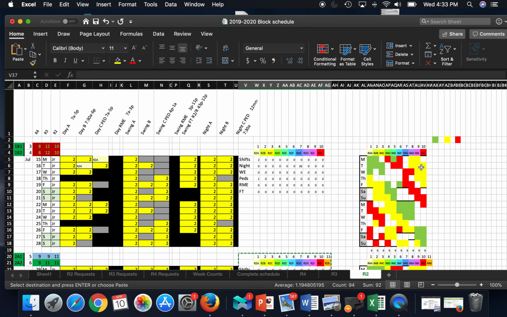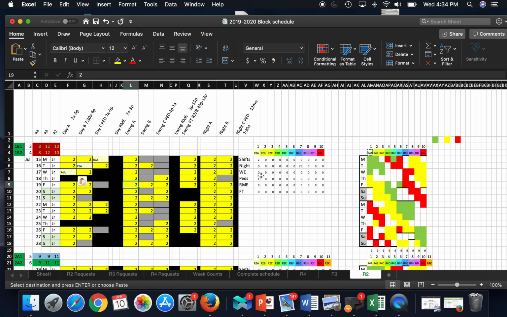I put together the algorithm, and now what I'll do is I started with resident A, who has 3 days and 2 swings, and then I just start dropping them in day, day, day, and the calculator will automatically calculate how many shifts, how many peds shifts, etc. that I'm giving. So let me just demonstrate as I do this. I take resident A, who already has 2 shifts calculated and 1 peds, and if I drop them in their 3rd day shift, you can see